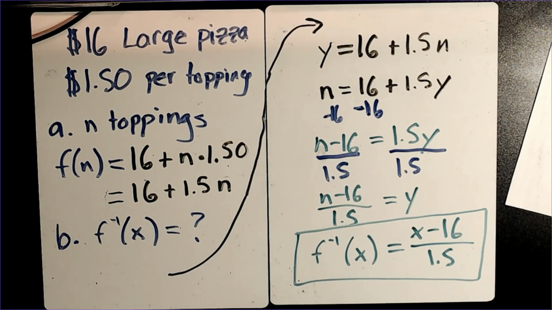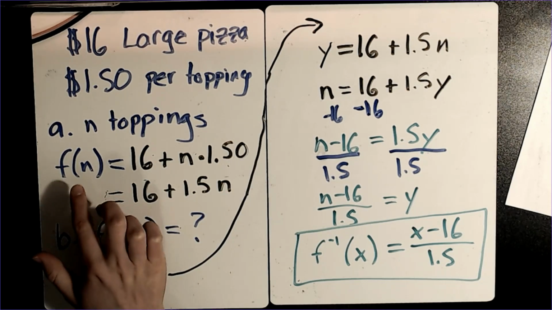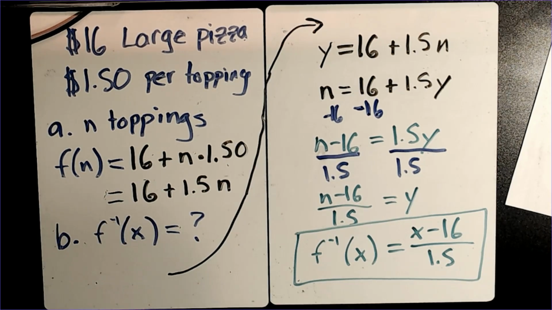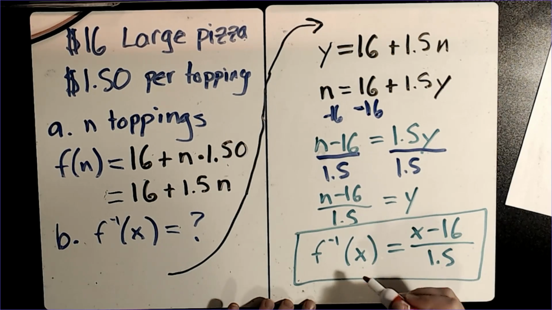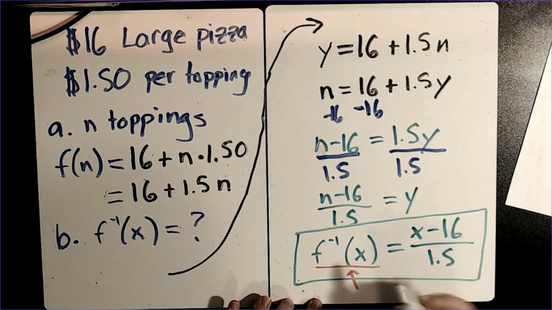Okay, last thing, there is a part C here. Oh, I forgot. On part B, it asks us, what does this inverse mean? Well, remember, with the original function, you plugged in the number of toppings, you got out the price, okay? So this one, it flips those, right? It switches the price and the number of toppings. So the thing that you get out from the inverse function is not the price, it's actually the number of toppings.